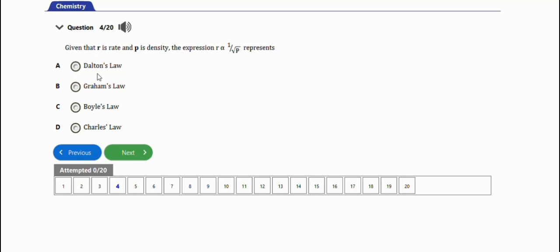It says that given that R is rate and P is density, the expression R is inversely proportional to the square root of P. So this is Graham's law. Alright, option B. The next repeated question will be this one. It says if 60 cm cube of a gas is heated from 27 degrees Celsius to 50 degrees Celsius, what is the new volume of the gas at constant pressure? Alright, the new volume of the gas at constant pressure. That means this is Boyle's law, since we are dealing with, okay, this is Charles' law, since we are dealing